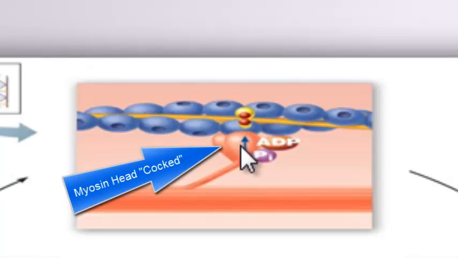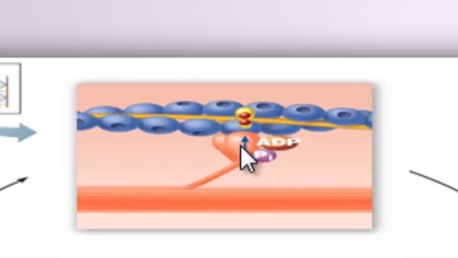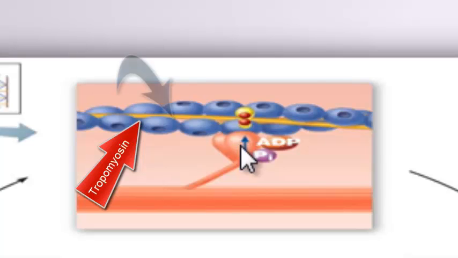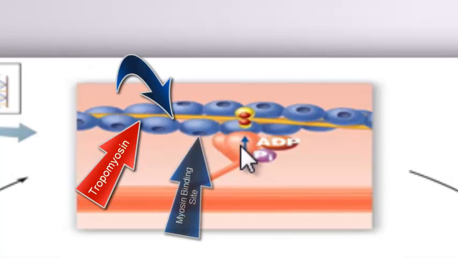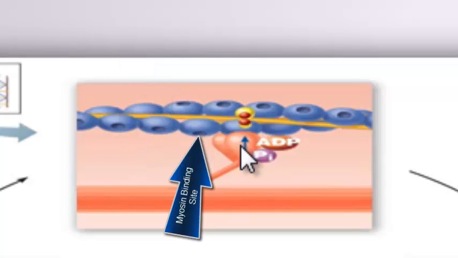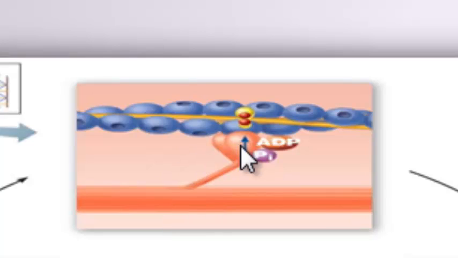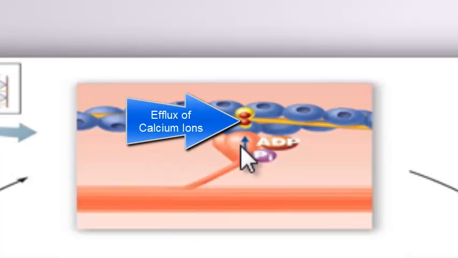Remember that the myosin head group was already cocked, but the myosin head group at rest did not bind to the actin molecule because the tropomyosin molecule was blocking the binding site on the actin molecule. Now remember what allowed for the tropomyosin to move out of the way was the influx of calcium being brought